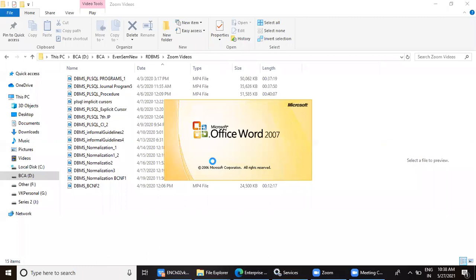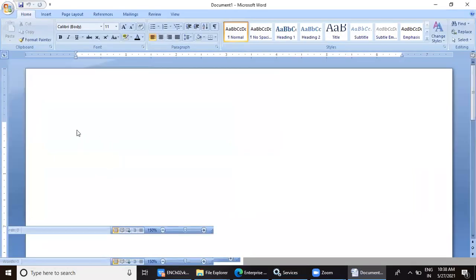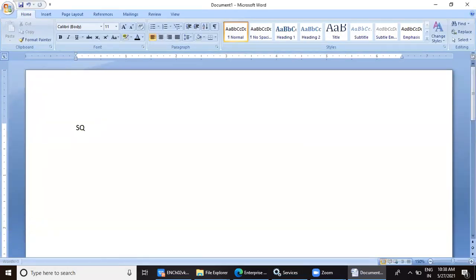Structured Query Language. Yes, Structured Query Language. Next line, you write SQL commands. SQL commands, 3 categories.